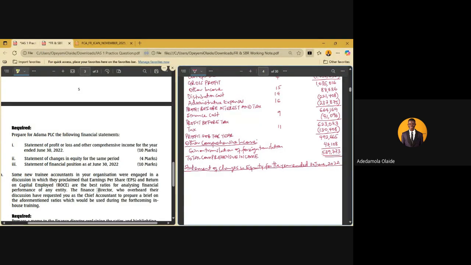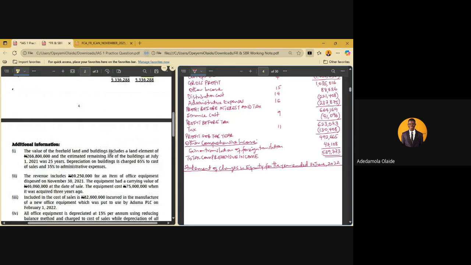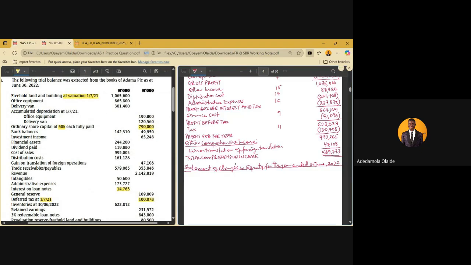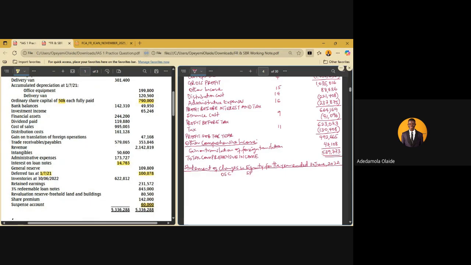So for our statement of changes in equity, you list out all of the equity items we have there. We have ordinary share capital, share premium, general reserve, revaluation surplus or revaluation reserve, then we have retained earnings